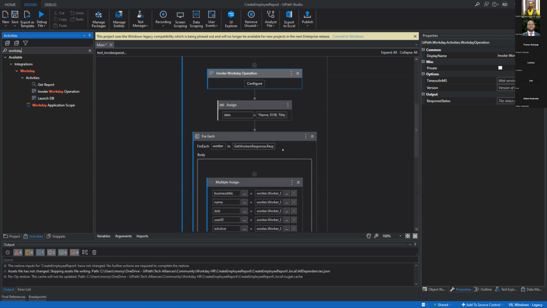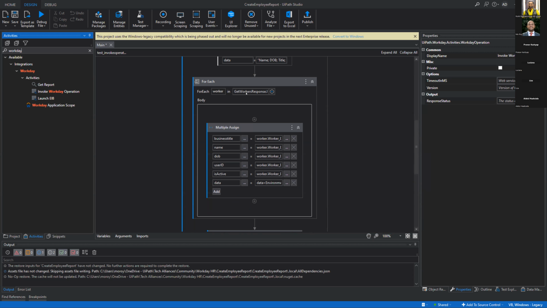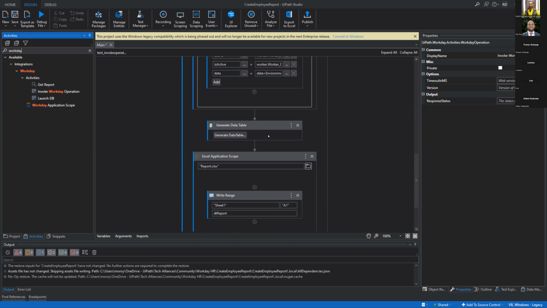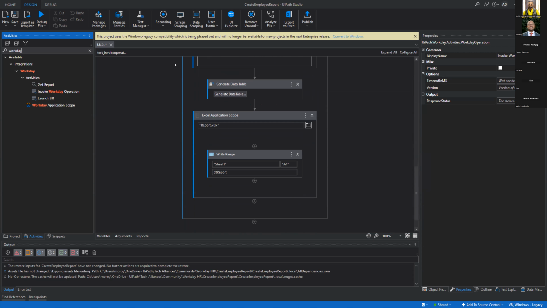And then for each item that I get in the response, the critical part here is I put in a for each, and my object type is a worker. So all I've written out is get workers response and then response data. It's going to parse through that response data, look for each worker, and then I'll assign the business title, the name, the date of birth, the user ID, are they active, and the data. All of that coming from Workday, and then I'll generate my data table and set up an Excel report. So if I run that right now,